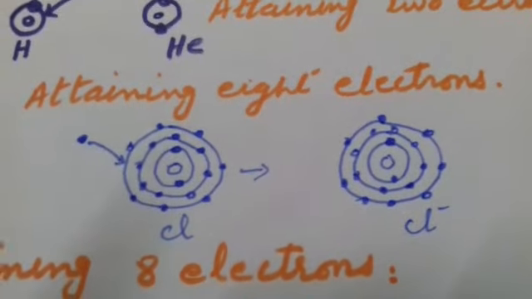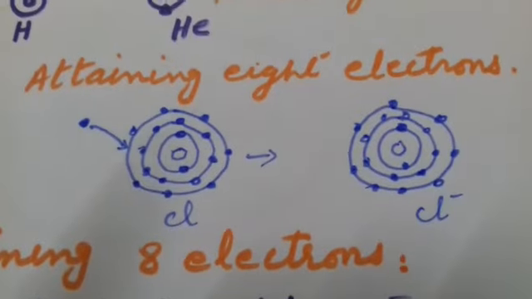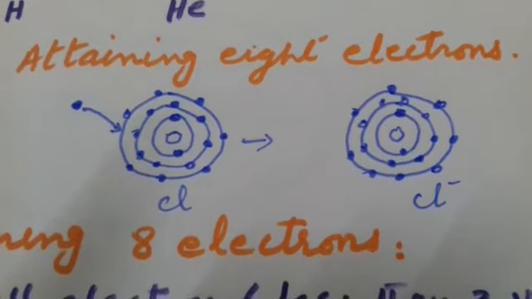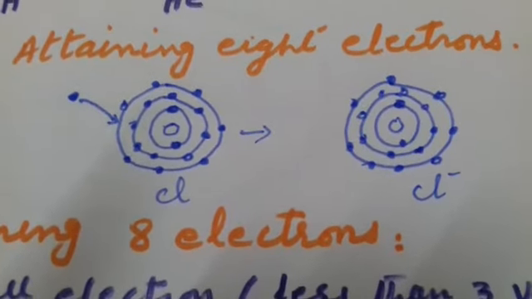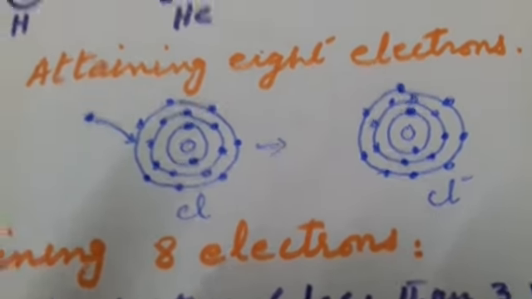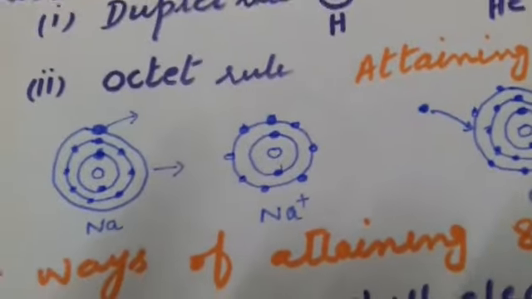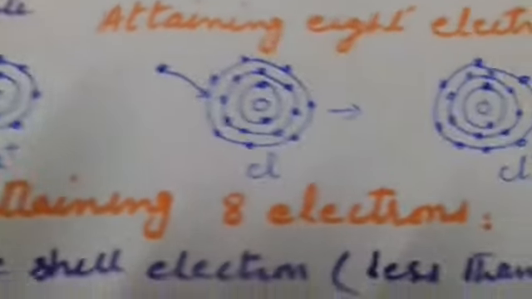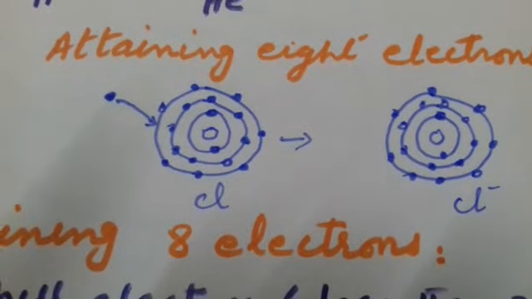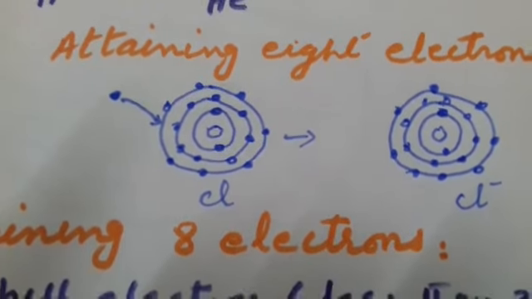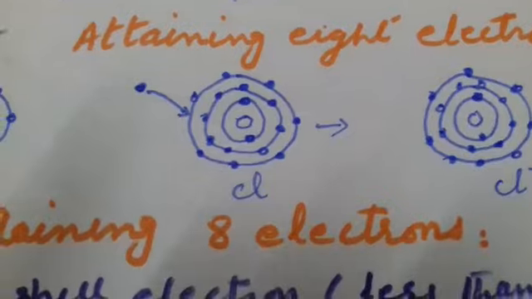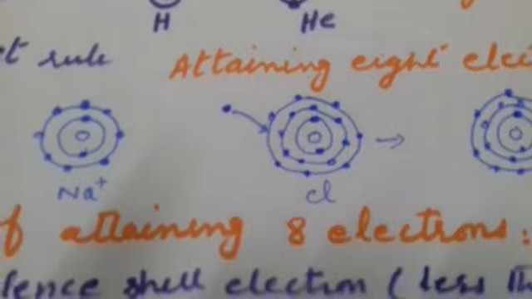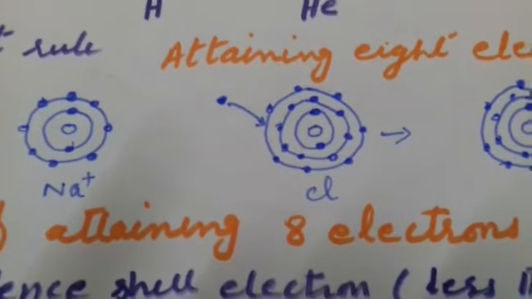The second example is of chlorine, which has 7 electrons in its outermost shell and it can complete its outermost shell by gaining 1 electron. In this example, sodium by releasing 1 electron will acquire a positive charge and chlorine by gaining 1 electron will have a negative charge. Hence, the opposite charges will create forces of attraction and a unit of sodium chloride will be formed, which will be explained in later topics.